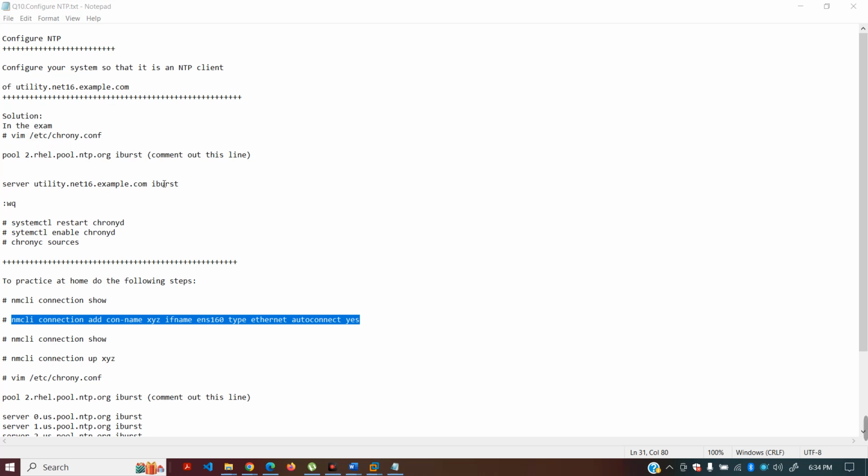vim /etc/chrony.conf. You have to put this URL here and add the word server, and at the end add the keyword iburst, which is for fast synchronization. And if you find any official NTP server, you have to comment it out, if it is not commented out. After saving this file, you have to run these commands: systemctl restart chronyd, systemctl enable chronyd,